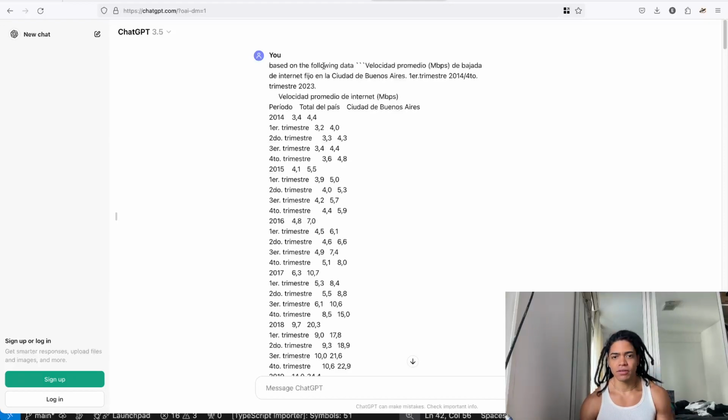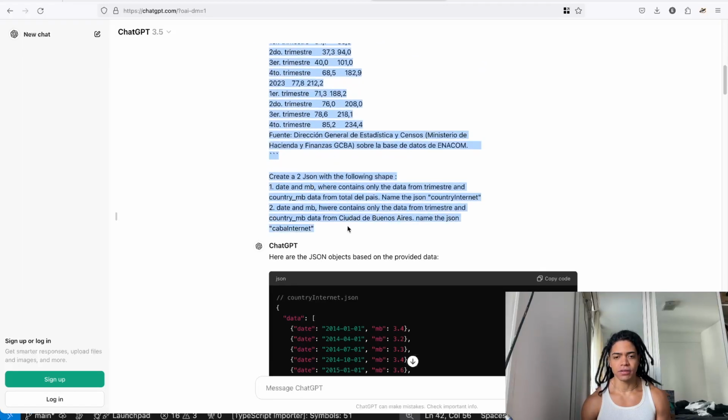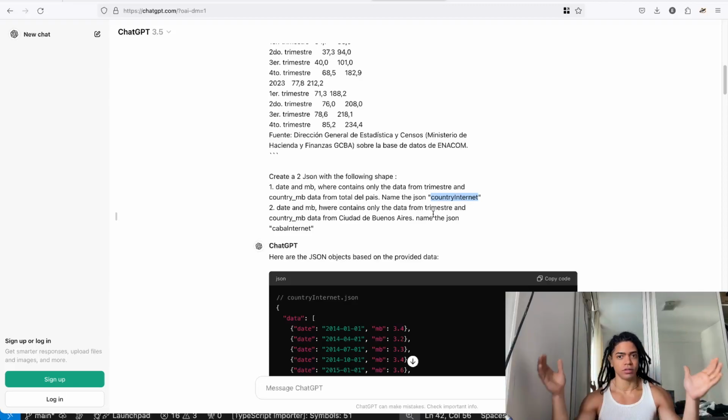So here I say, based on the following data, which is all of the data that I pass here, create two JSON files with the following shape. One is given these particular instructions: the country internet, the total data from the internet, the average internet speed from Argentina, the rest of the country.